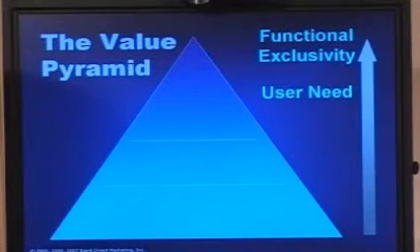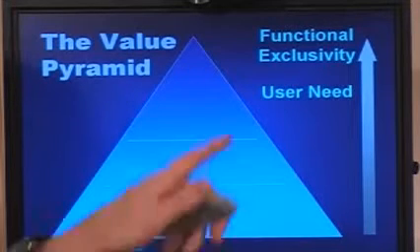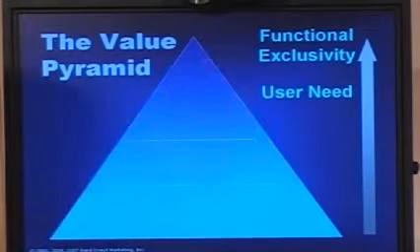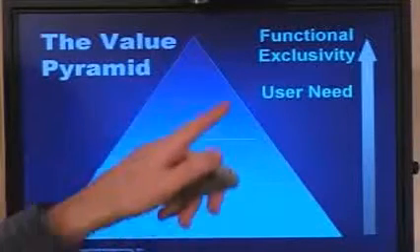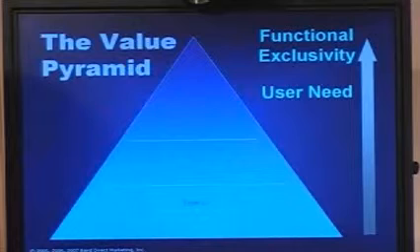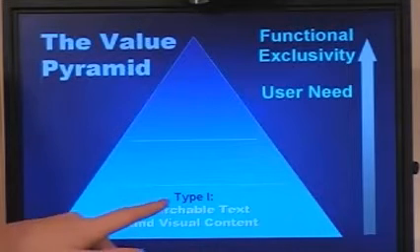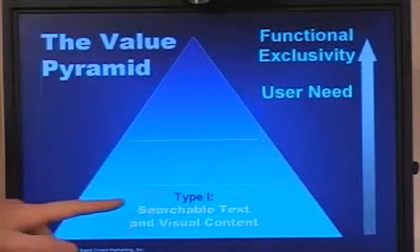Essentially, it's using the functionality of the internet to provide a service or content that can't be provided in any other medium. And that content needs to meet a powerful enough user need, but it needs to be exclusive and meet a need. So, some of the lower value content examples would be type 1 content, which is searchable text